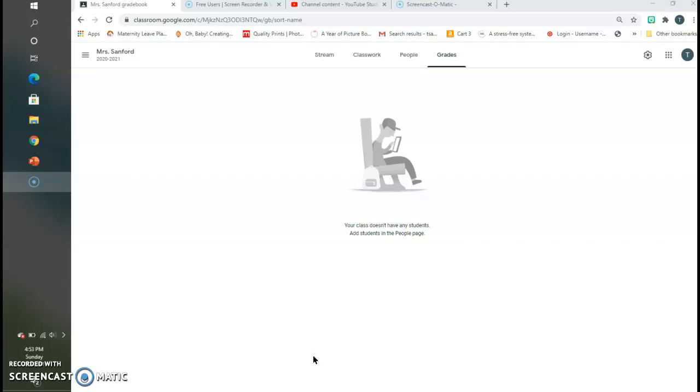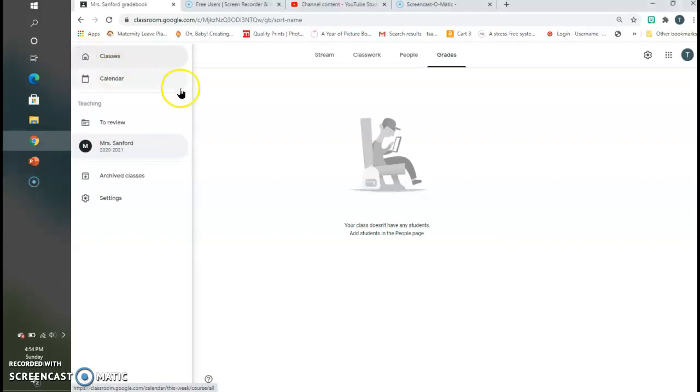One other feature that I find very helpful is a feature where you would access it from the main menu. So up here in the top left corner, there are 3 lines. That's the main menu. I'm going to go ahead and select that. And what happens is it comes up with your classes, and you could go to a calendar, but I like this to review section right here. It's not going to have anything in there because I don't have many assignments, but I can go ahead and